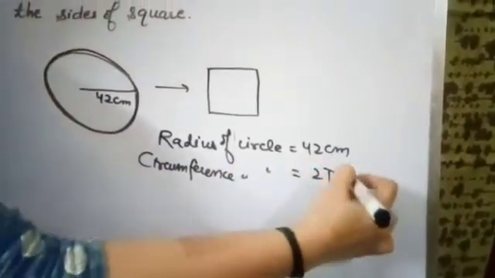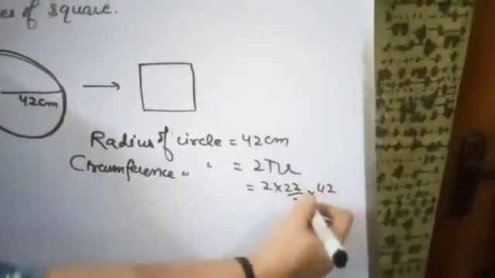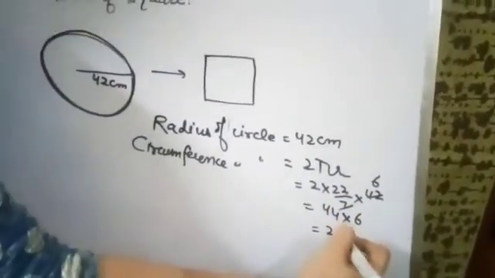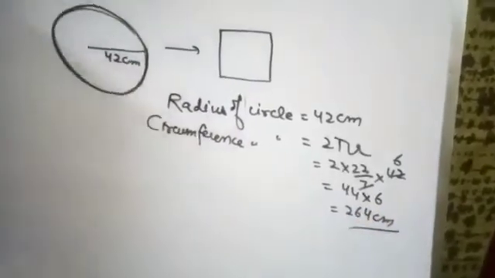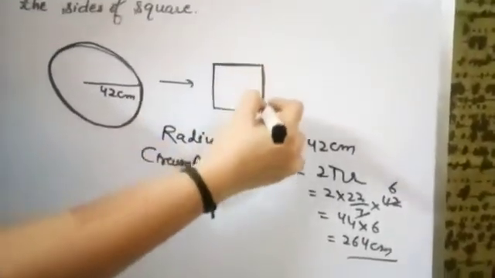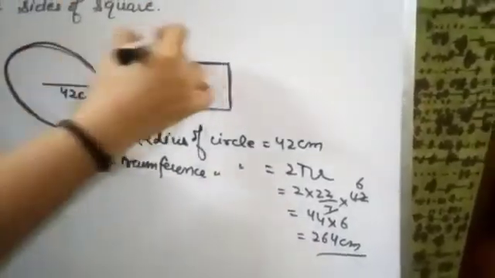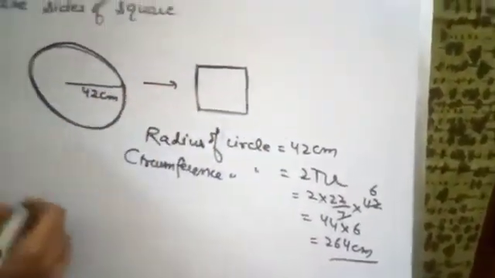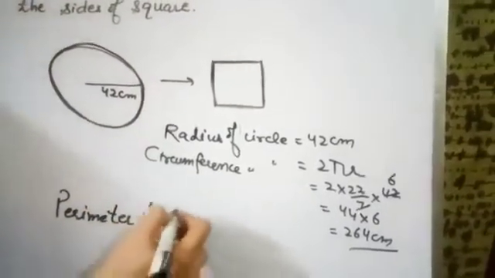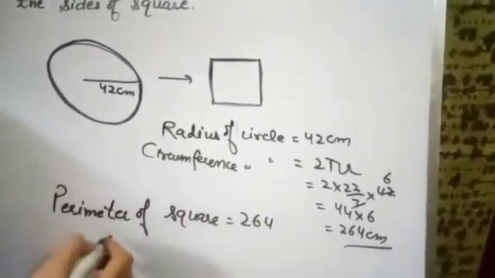2 pi r, pi is 22 by 7, radius is 42. 7 6s are 42, 44 into 6, 264 centimeter. Now this 264 is the length of the wire. That wire is bent into the form of this square, which means the boundary length is equal to 264 centimeter, and the boundary length of a square is known as the perimeter. It means we have to find the perimeter of the square, which is